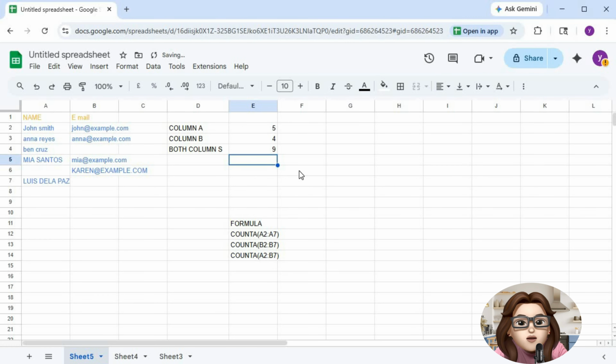One important thing to remember is that COUNTA does not care what type of data is inside the cell. Even a space or a small symbol will be counted. And that's it. You now have a fast and reliable way to count filled cells in Google Sheets without any